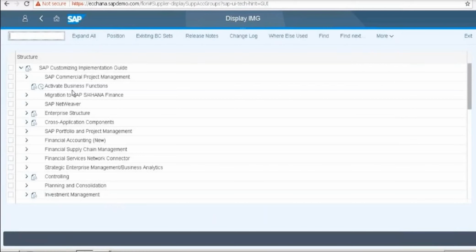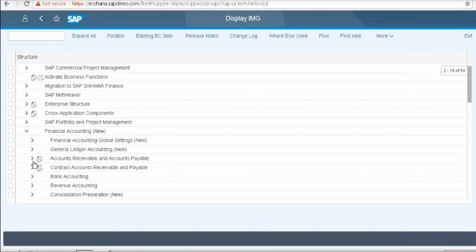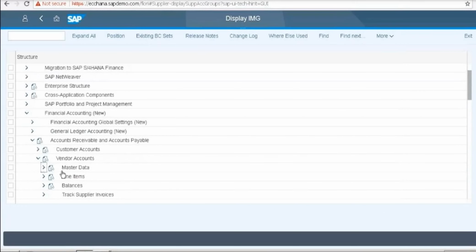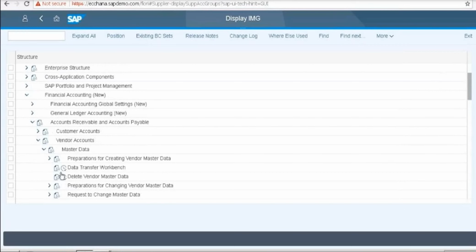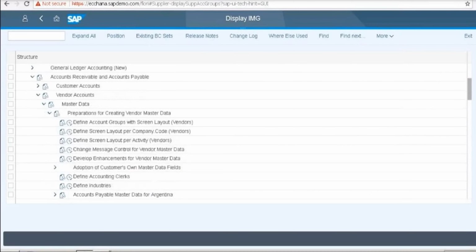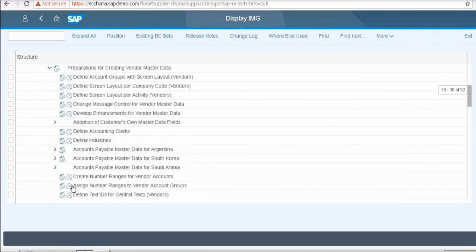Let us go to the financial accounting, expand account receivables and payables, expand vendor accounts, expand the master data, expand the preparations for creating the vendor master data. We have to create the number ranges. Click on the execution button,